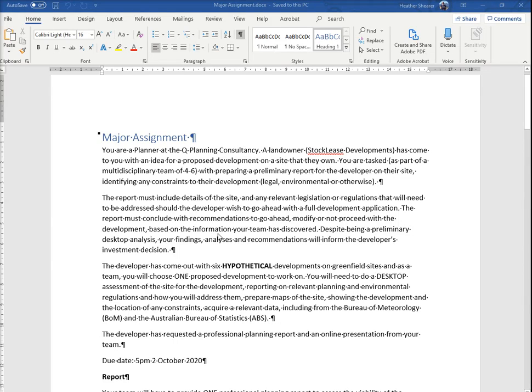This is working through your major assignment, video 1. So you will see on the assessment part of the course website a document that says major assignment. So you are a planner. Actually, I need to change this. Your team are planners. And a landowner has come to you with an idea for a proposed development on a